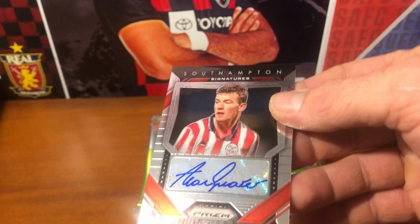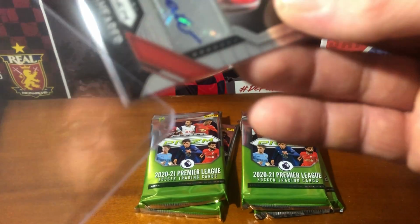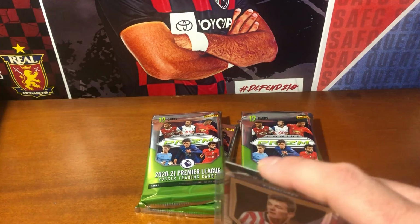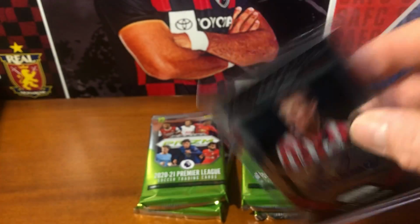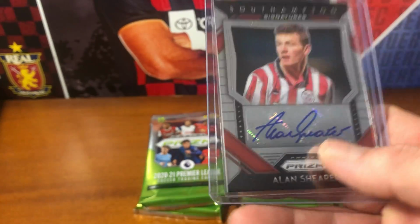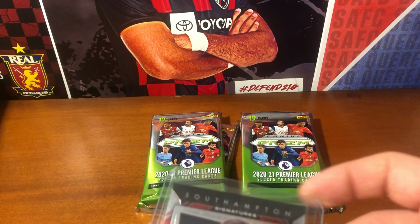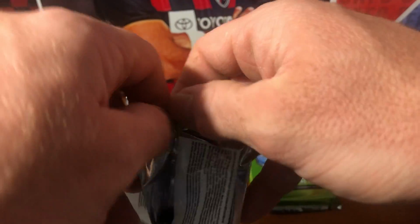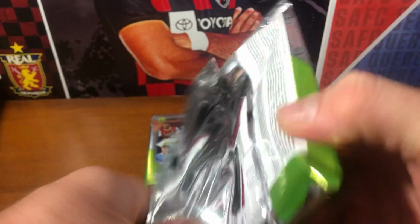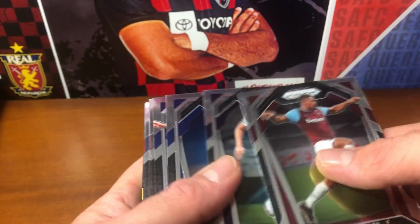Oh. A top loader on him. And that's the auto. It's sideways. Not gonna like that. So we'll recap that at the end. Honestly, I can't remember if I'm thinking of the right guy. I'll have to look him up later. Like I said, I'm not the most knowledgeable on Premier League, but